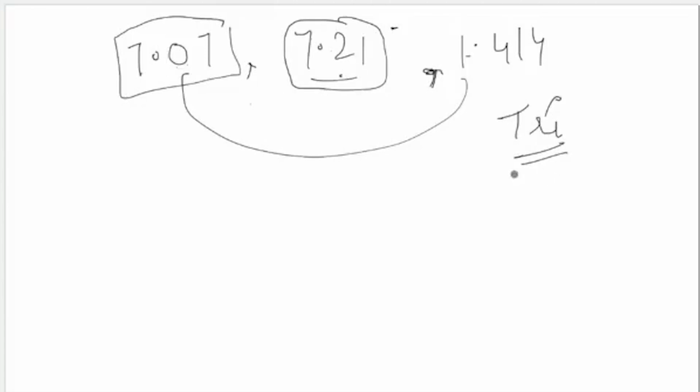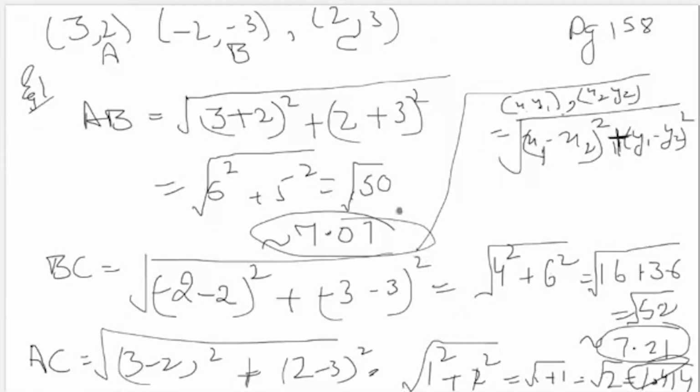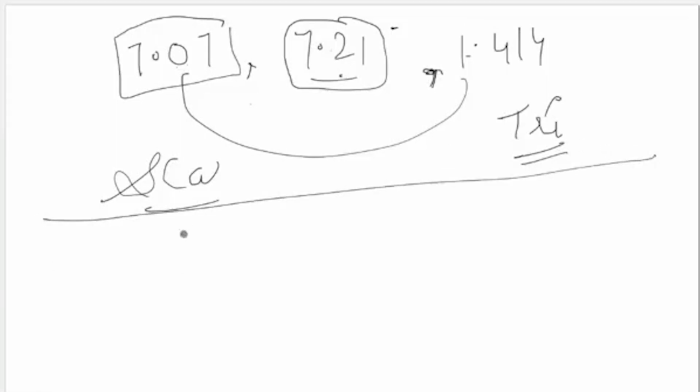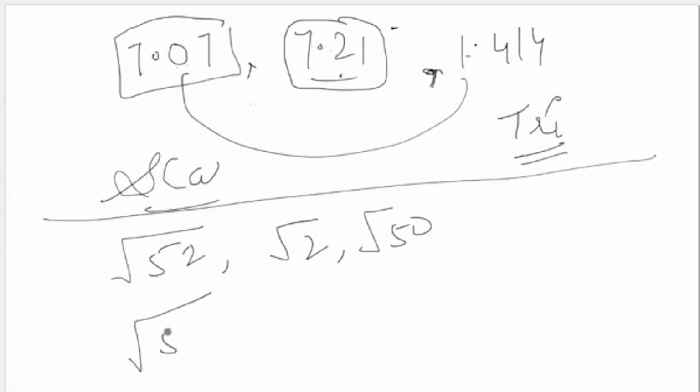What kind of triangle is it forming? Scalene triangle. Right triangle. Okay, right triangle and scalene triangle also. And right triangle, how did you come to know? Very good. Ma'am, by the converse of Pythagoras theorem, ma'am. Very good. Angle A will be equal to 90. The sides were root 52, root 2 and root 50. So if we see the square of root 52,